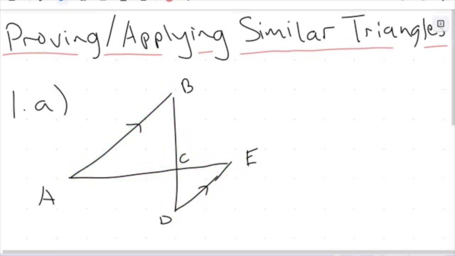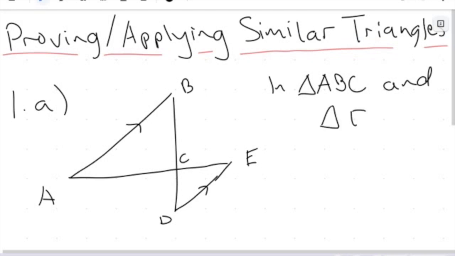As you remember from congruence and similarity, when we write out these proofs, we want to structure this like an English paragraph. So first of all, we're going to give an introduction. We're going to introduce our two triangles. So we are saying in triangle ABC and triangle EDC,